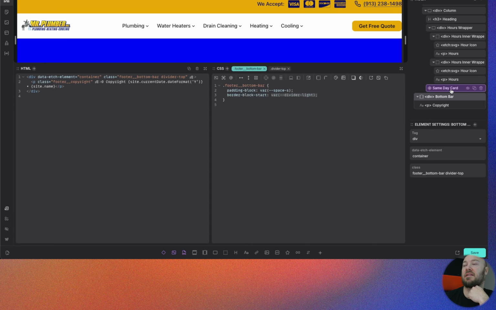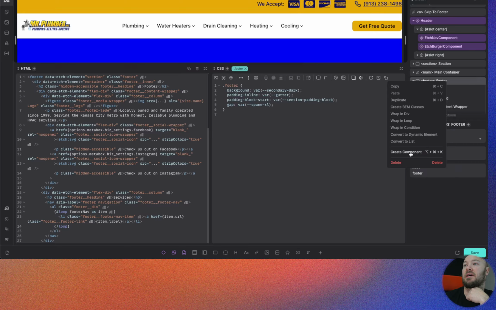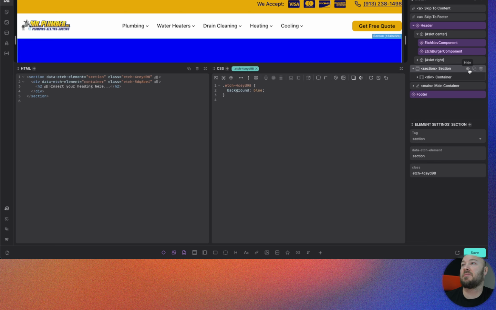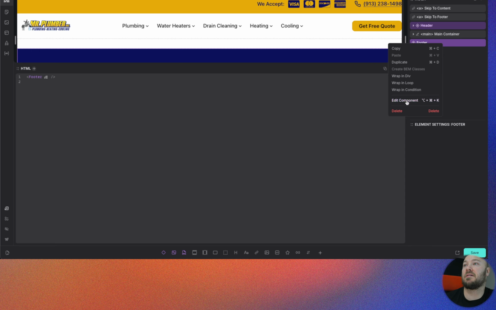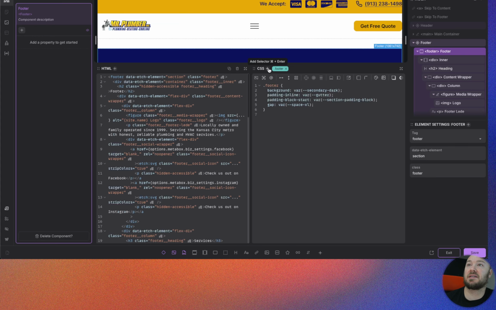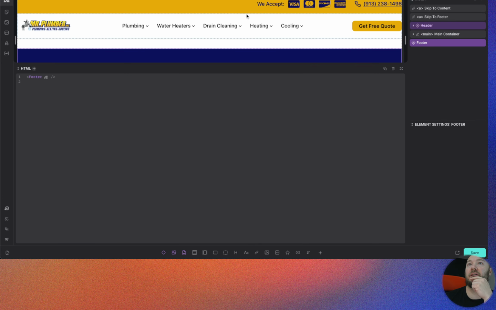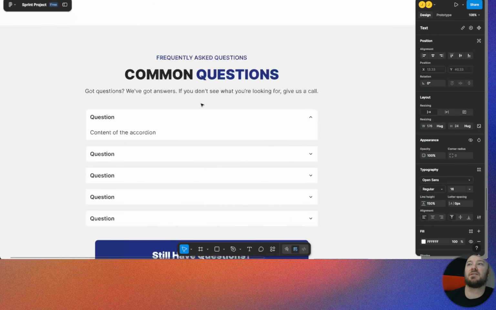And then the last thing that I did not do with my footer is I would actually make this into a component. I'm going to click save, hit exit, and I'm going to take this section out of here so we are just left with our skip links, our header, our main content, and our footer. And again, on my footer, I think one last thing, I keep saying one last thing, but on this I need to add in my ID of footer, so that way when we are targeting our skip link with our footer here, it actually goes to the right spot. So that resolves those last little things,